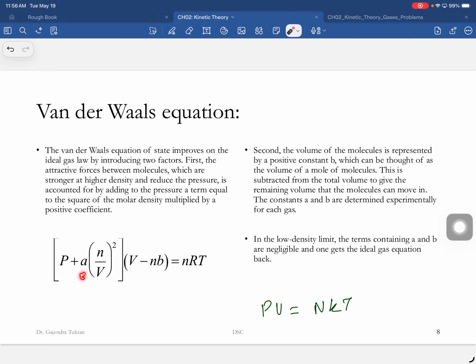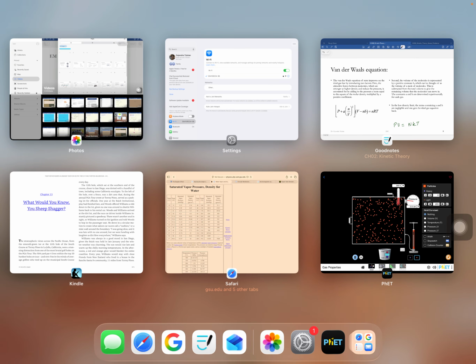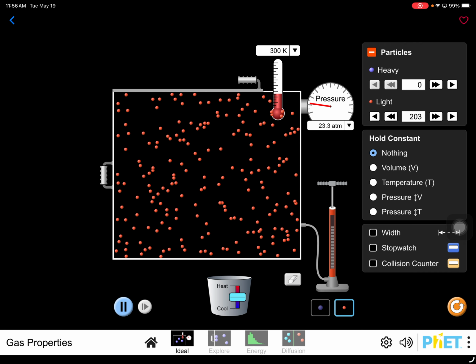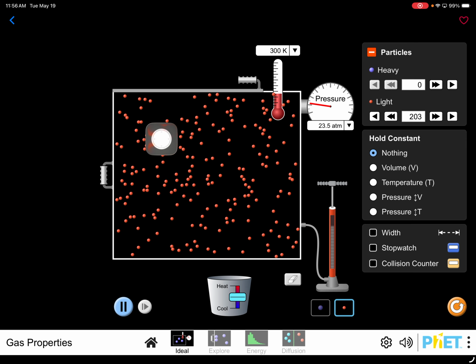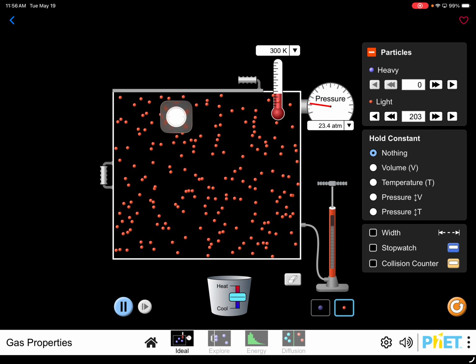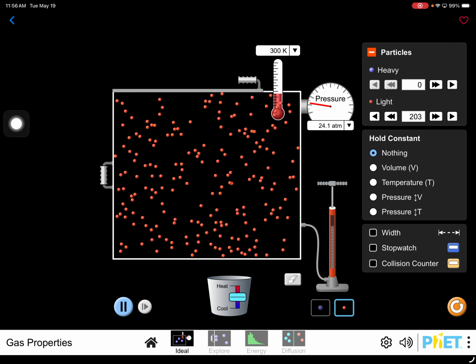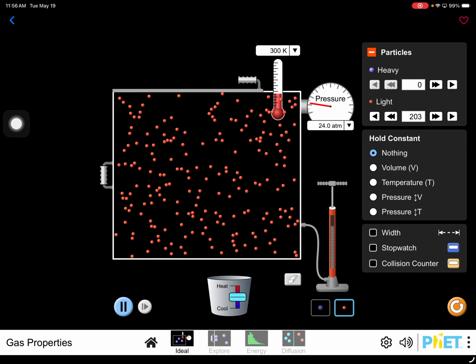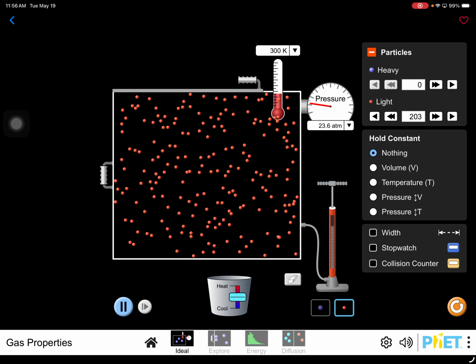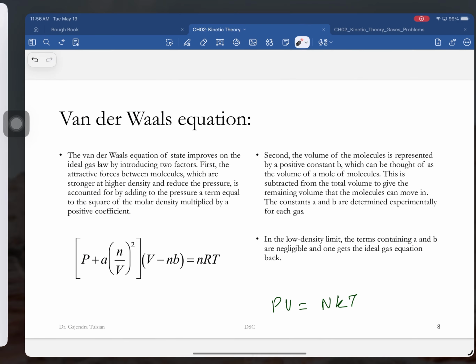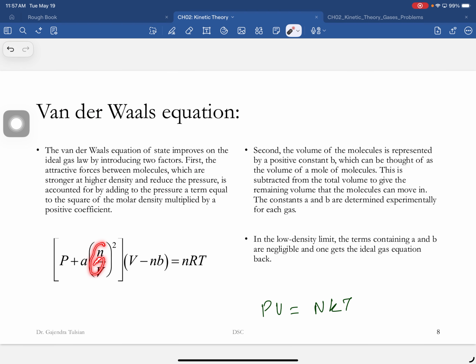And if the gases are interacting, so let's say the pressure is exerted by these gas molecules bouncing off. But now if this one is attracting that one, it will hit the wall with a slower speed. So if there's an attractive force between the molecules, the pressure exerted by the gas will be smaller. And so you introduce that term, and again, that's dependent on density. When you add this term, this pressure has to be lower. So anyway, this is a correction.